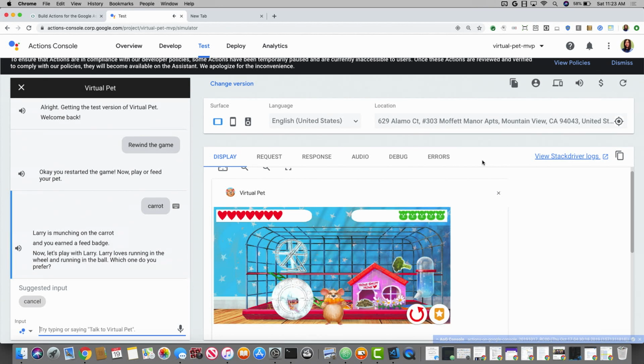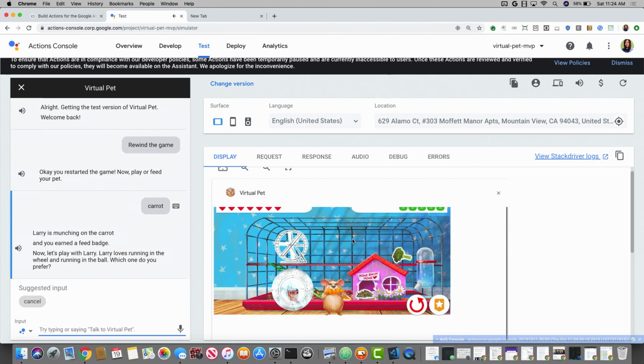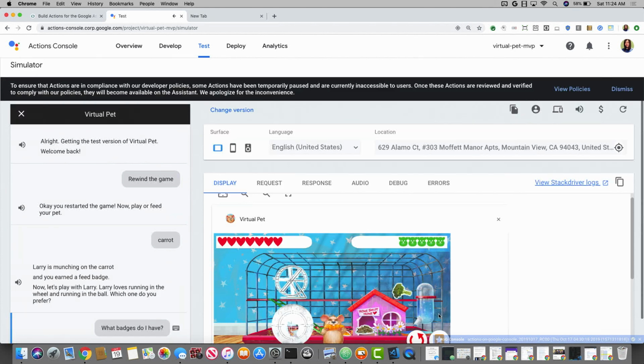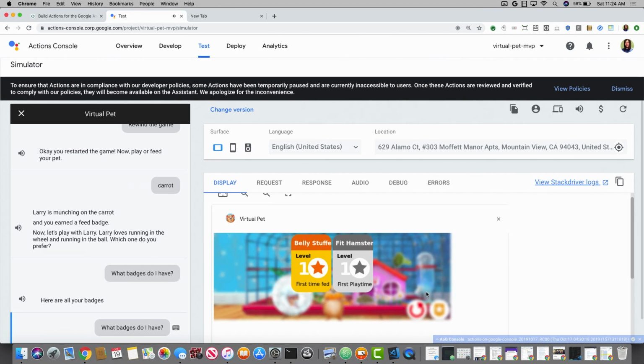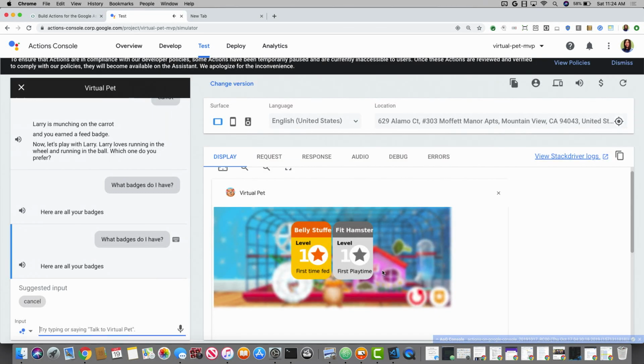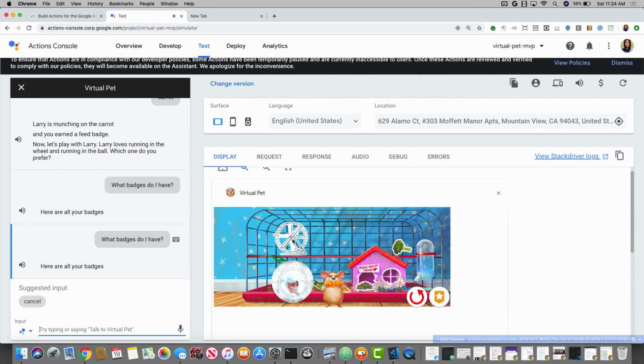You can hear some sound effects that I added. And you earned a fed badge. So in this game, I have different badges that you can earn, and this is the level. Here are all your badges. This is only level 1, and if I keep playing,